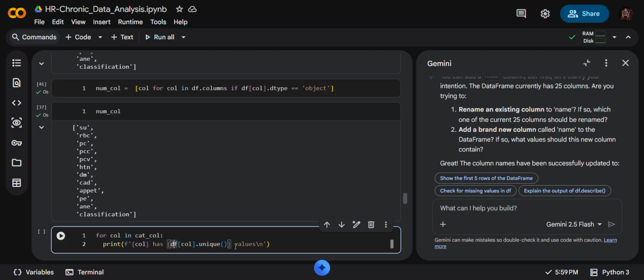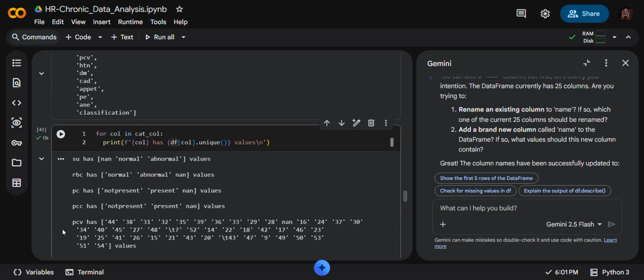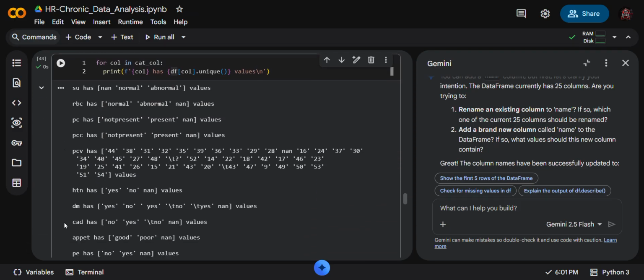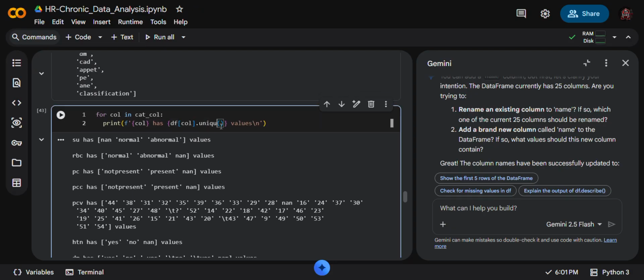Let's see, the value is n, and then you can simply do this. You can see this is sugar level has a normal and abnormal value, and RBC. Okay, let's play a little bit.